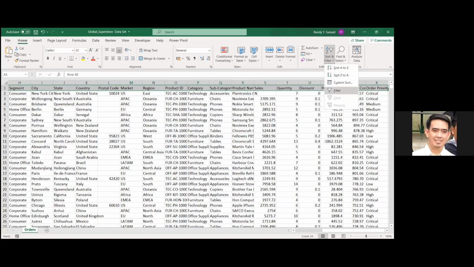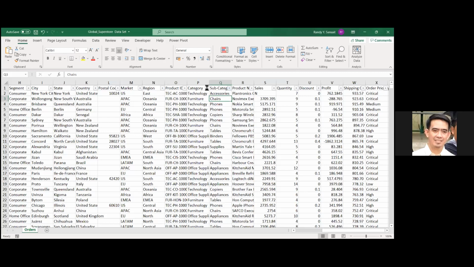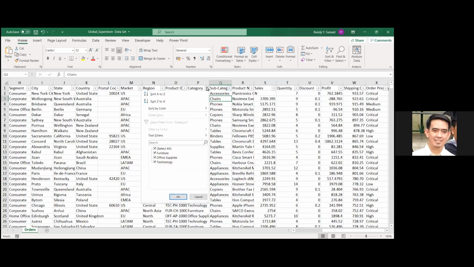We're still on Home, so Home ribbon, filter, and then filter again. We're doing that so we can easily see what data is in each column. For example, subcategory: you're going to see here that there are fewer than 20 subcategories of products that Global Superstore sells. As for category, you're going to see that there are only 3 categories of data that